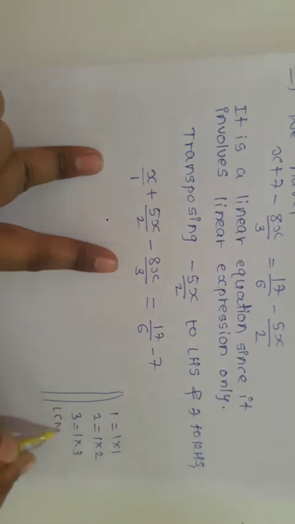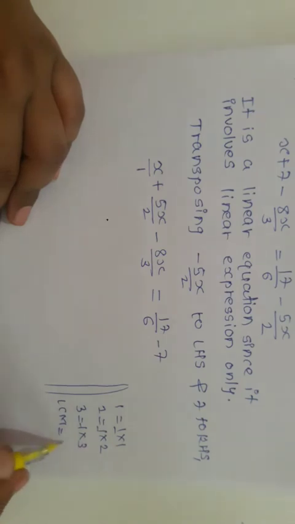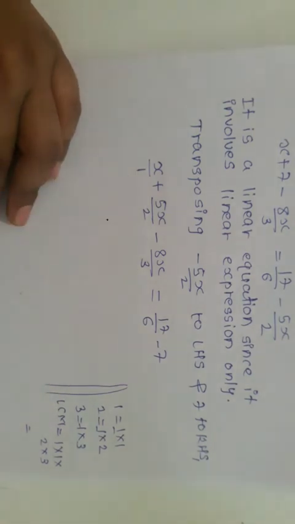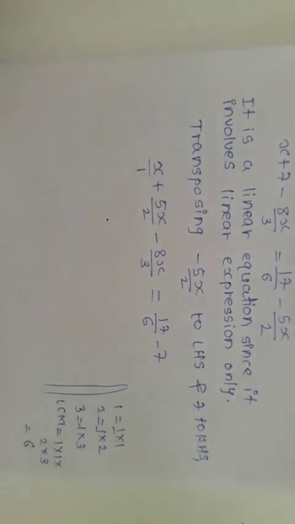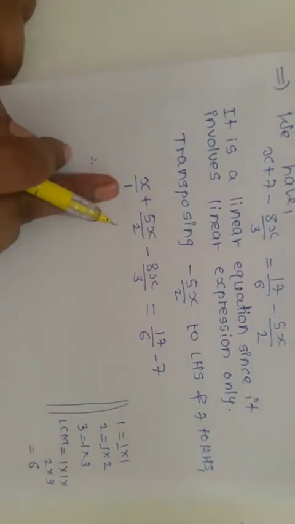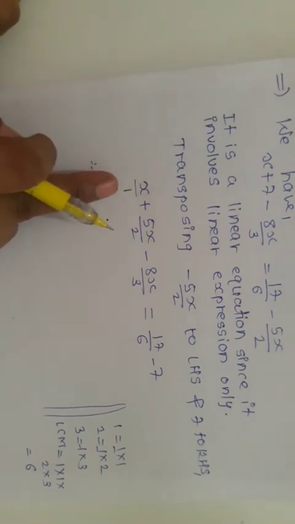Again, how can we find the LCM? Common as well as uncommon factors. The common factor is 1, and the uncommon factors are 2 and 3. So the LCM of these three denominators is 2 into 3 is 6, into 1 into 1 is 6 again. So the LCM is 6. This term does not have denominator 6, so how can we make it 6? By multiplying the denominator by 6.